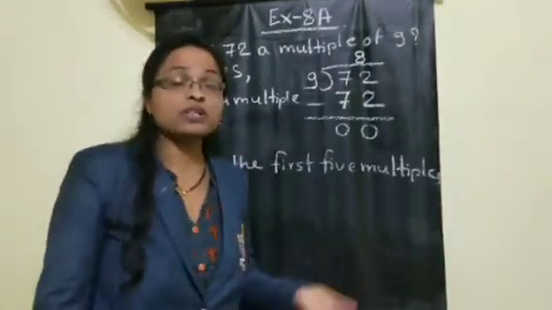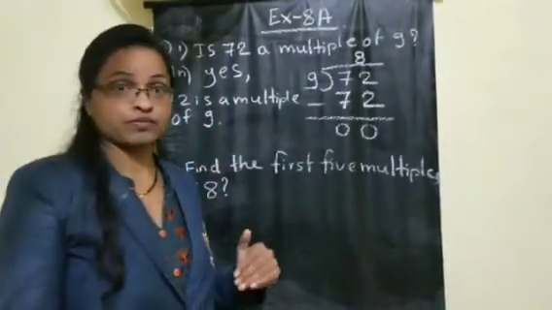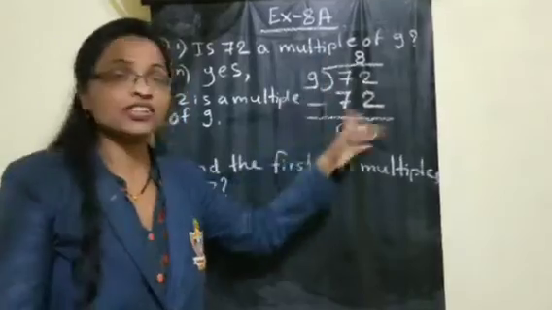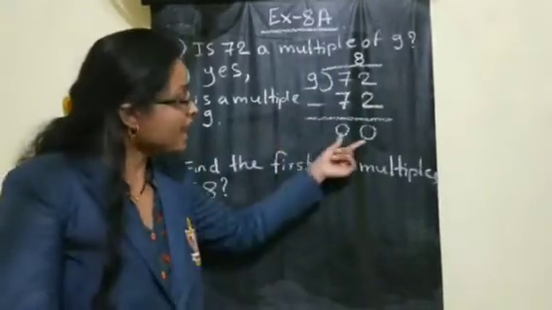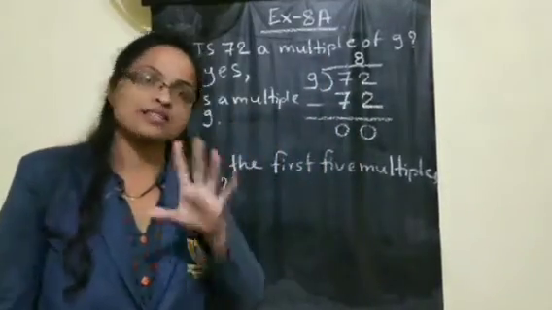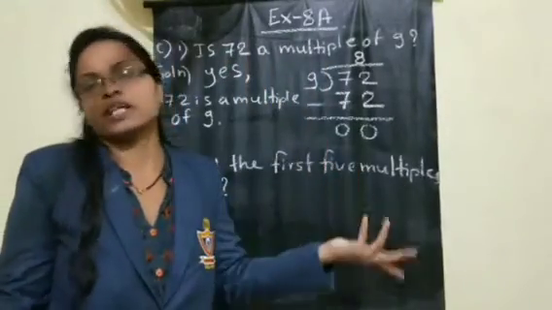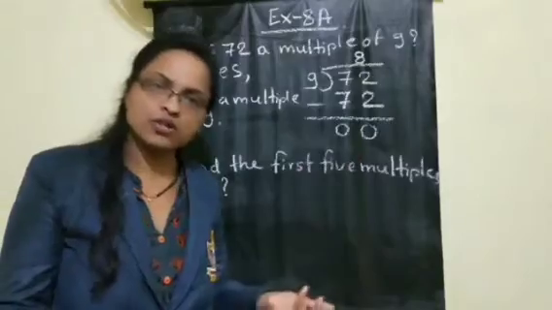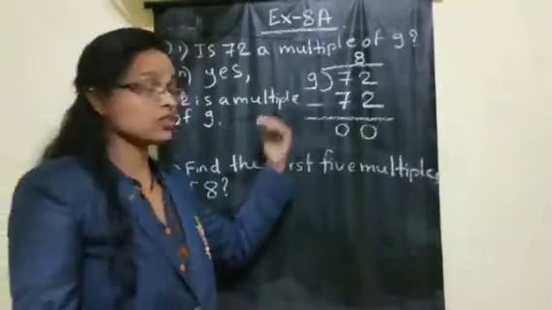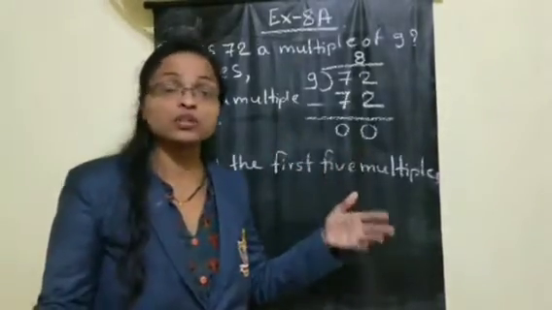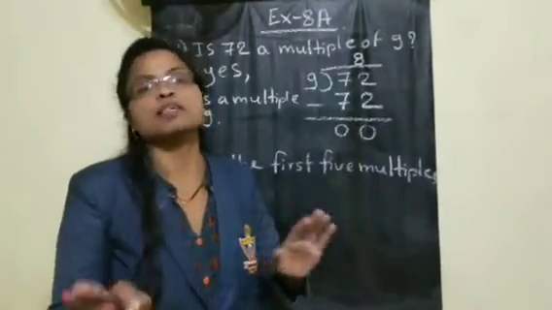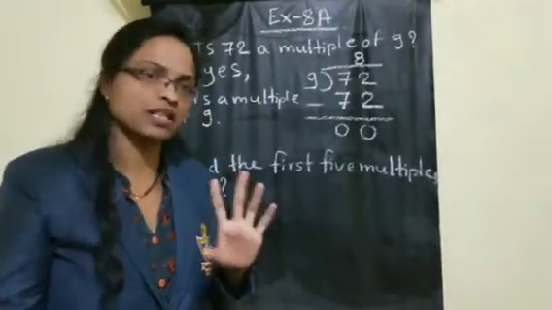To find out whether it is yes or no, the process is to divide and check, and the division should be exact. The remainder should always be 0. Meaning, if that number is present in the table, automatically you will get the remainder 0, which means yes. If you are getting any other number in the remainder, like 1, 2, 3, it means no. Understood? Keep that in mind.